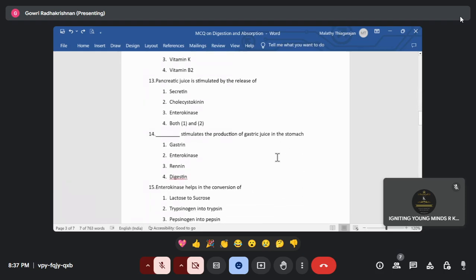Pancreatic juice is stimulated by the release of... Ma'am, option 2, cholecystokinin. Okay, that is one of the options. All right. Then